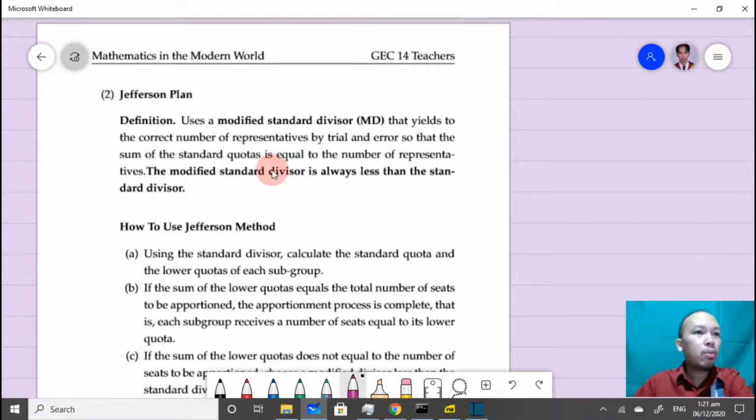This method is just the same as the Hamilton plan, but the problem is we will be using the so-called modified standard divisor. Finding this divisor is really hard, because you are going to use trial and error, until